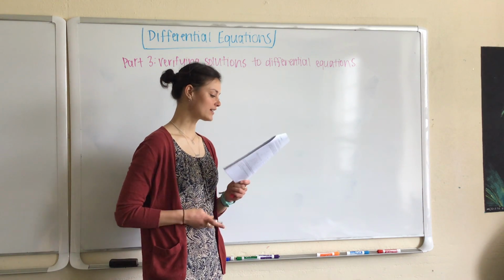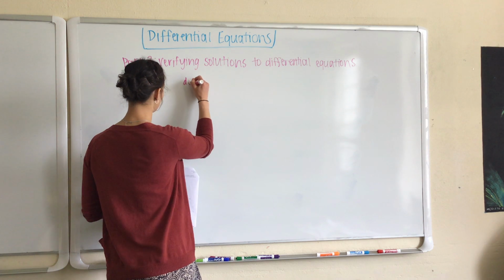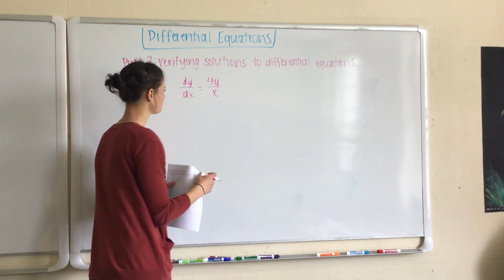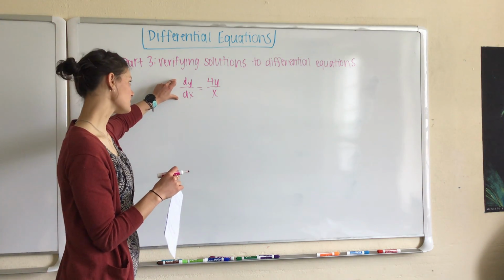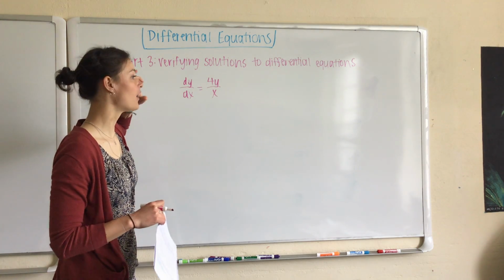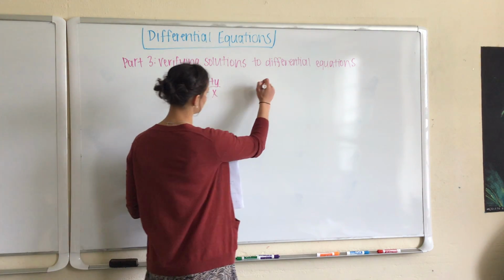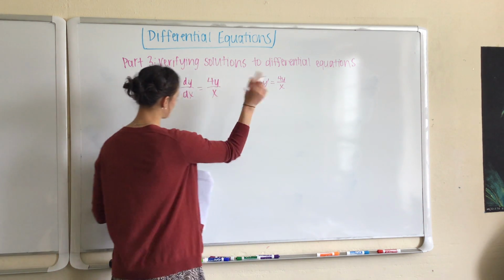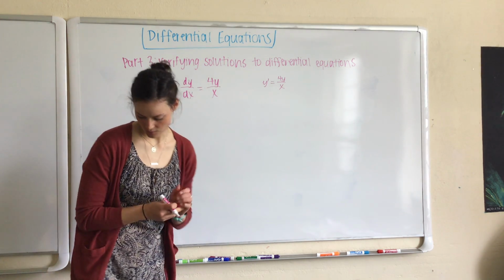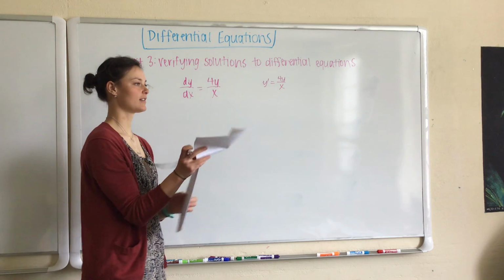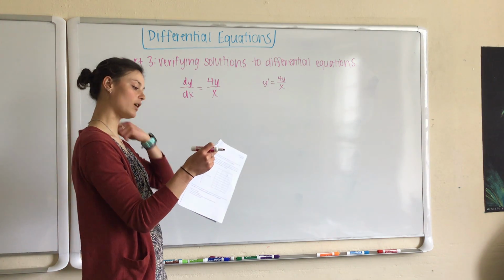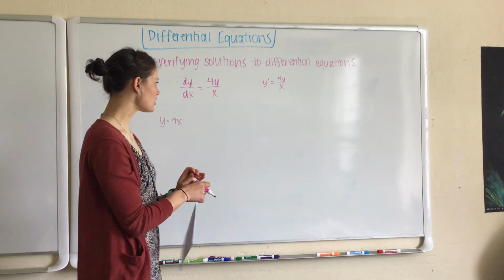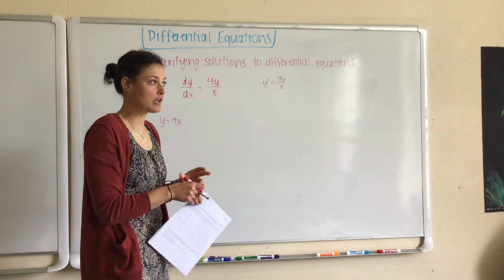But, yeah. So, for instance, given the differential equation, dy over dx is equal to 4y over x. Okay, we know that this dy over dx, flashing back to part 1, is another way to write the derivative. So another way we could write this, if it makes more sense to you, is y prime is equal to 4y over x, right? Same thing, just different notation for the derivative. Okay, and now we are asked, is y equals 4x a solution? Y equals 4x. So again, all we have to do is plug that into our differential equation to see if